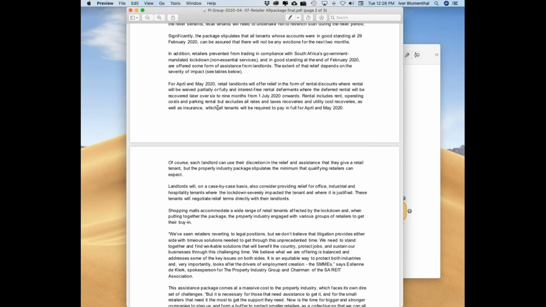So my recommendation is that we actually leave it out of this. We don't refer to operating costs. If they come back and say operating costs should be paid for separately, we go back to them and say that in the PIGS document itself, and you're a member of the associations which make up the PIGS grouping, operating costs and parking rental are included, by the way, in your rental costs.